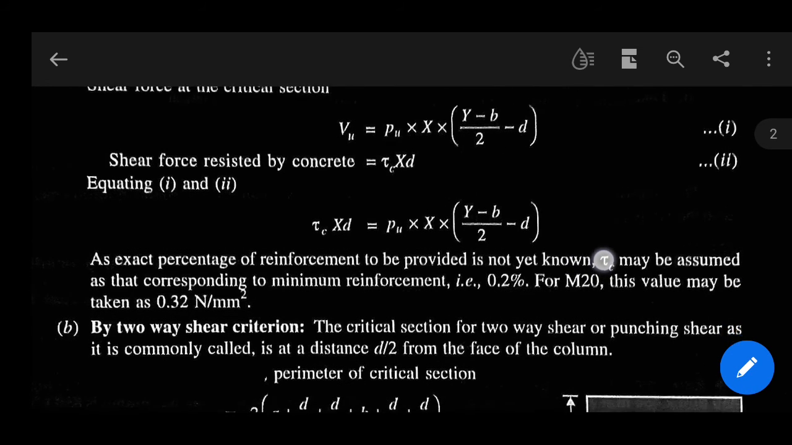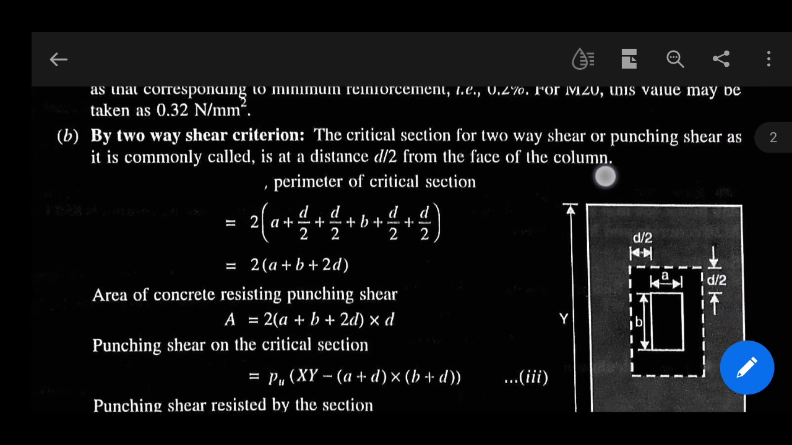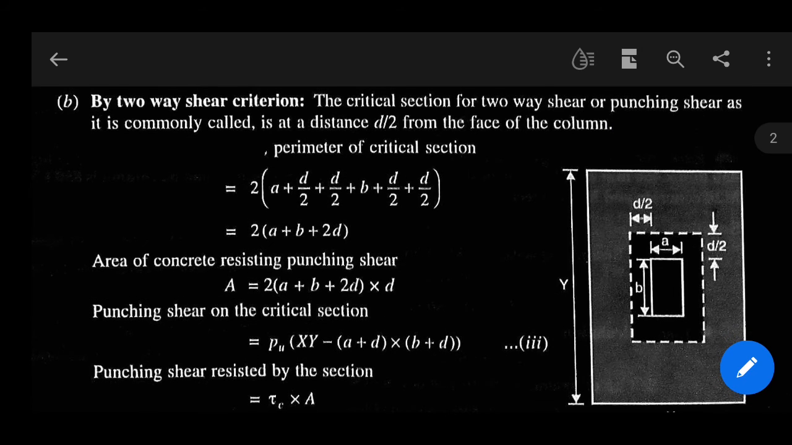Now the second criterion is the two-way shear criterion. In case of two-way shear, which is also called punching shear, all sides of the column, all sides of the footing